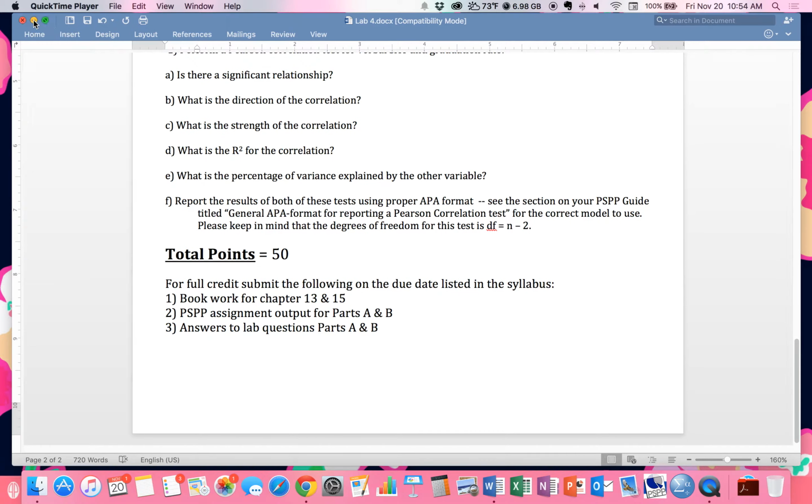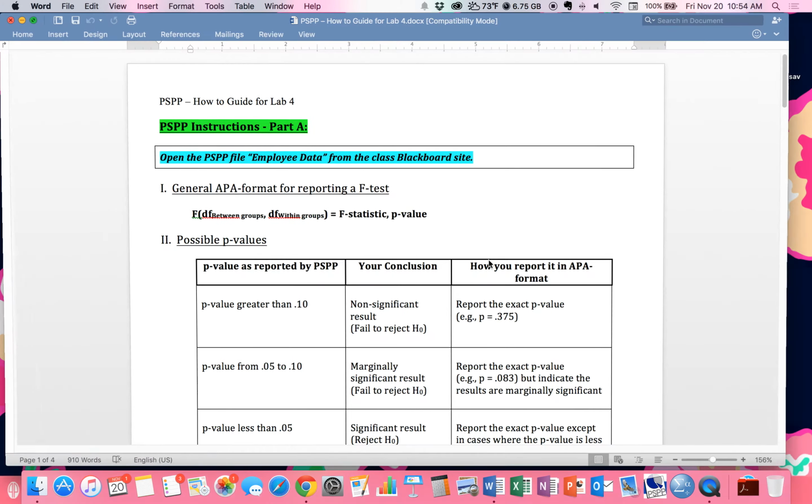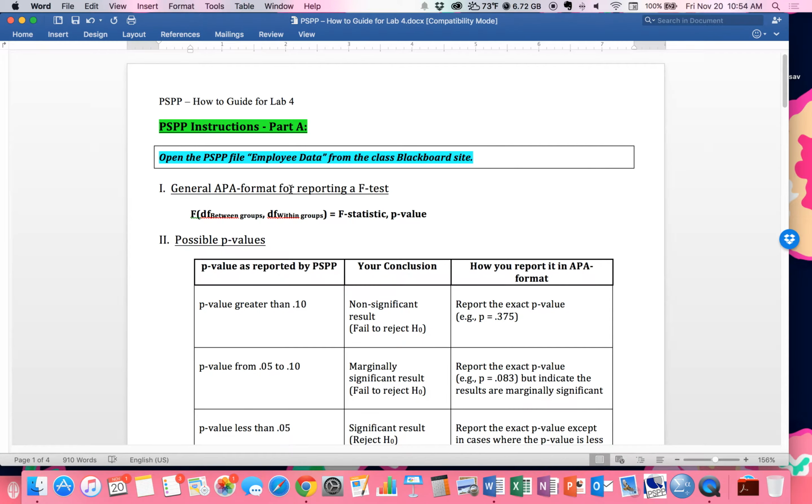So let's look at the PSPP guide for using PSPP to do these things, and I've got some examples for you, so I'll do a little demonstration with the employee data set. But at the top, we're reminded that we are doing ANOVA, and we have to report our ANOVAs using APA style. So you'll always say F, degrees of freedom between, degrees of freedom within, equals our obtained F ratio value,